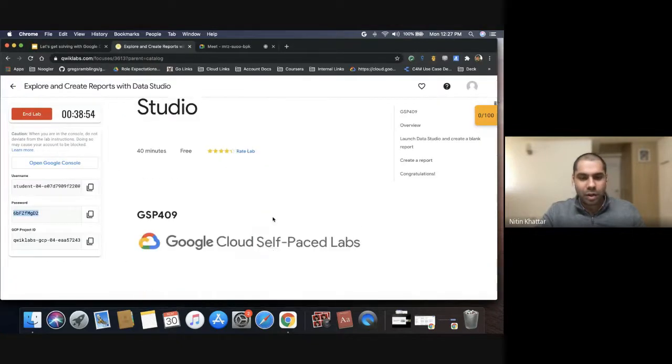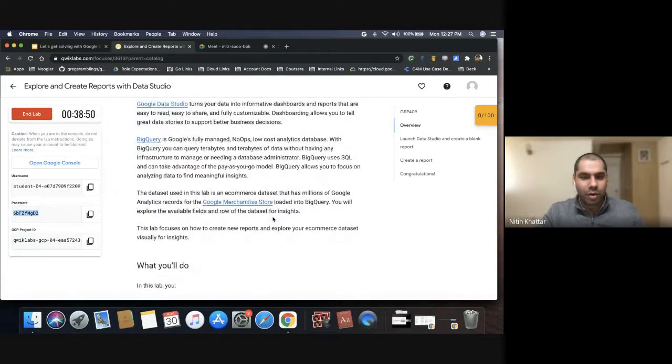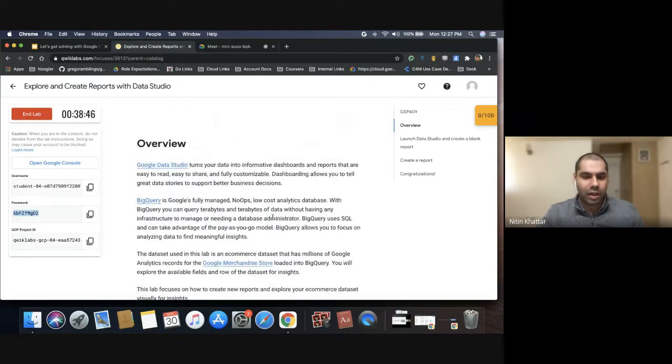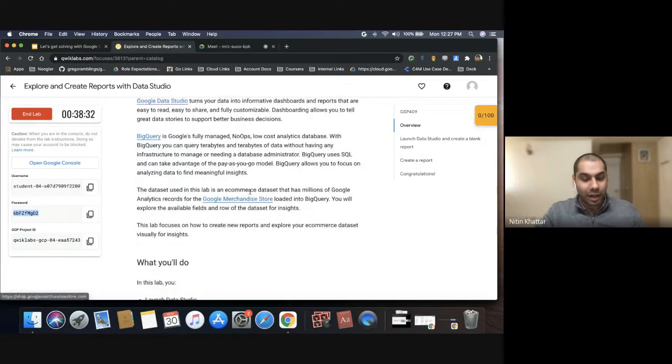So coming back to this particular lab, it talks about what Data Studio is, and we're going to read a particular table which is there in BigQuery. In the last session, we looked at a public data set of e-commerce on BigQuery. So now we'll look at some of the BigQuery tables, and how we can analyze and build reports on top of them using Data Studio. So here the Data Studio lab uses the same e-commerce data set that we took in the last Google BigQuery session. And then there are records for the Google Merchandise Store also loaded into BigQuery, and we'll create a data report on top of it.